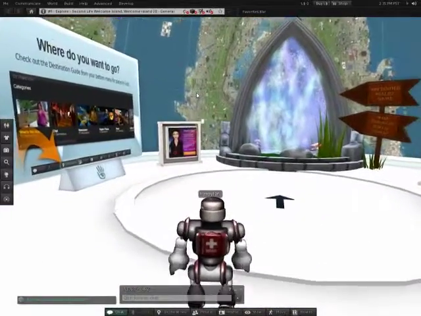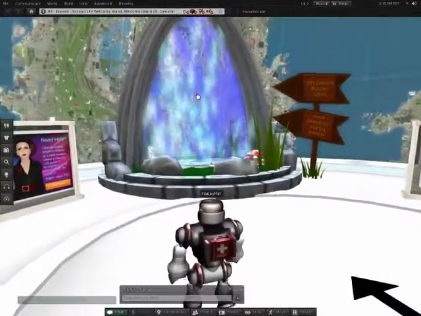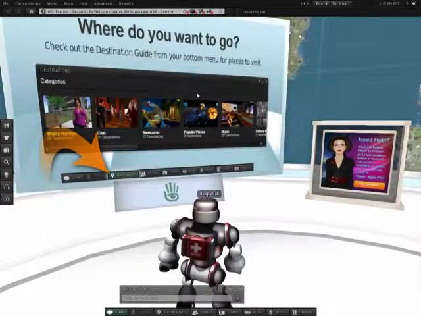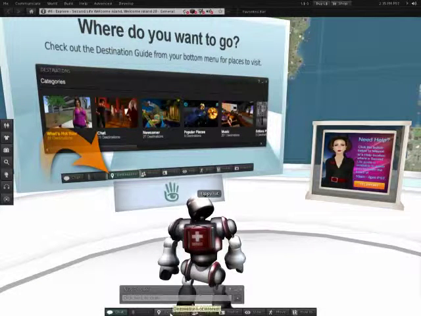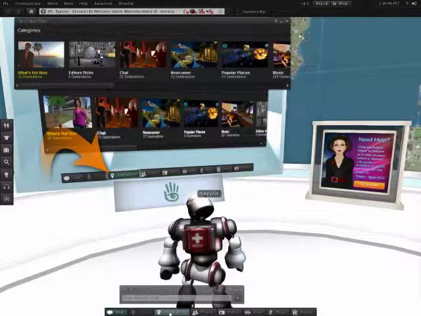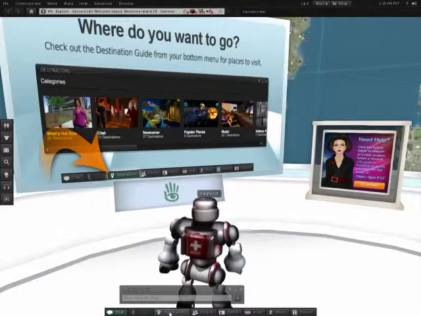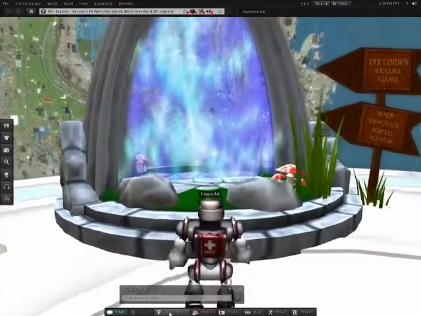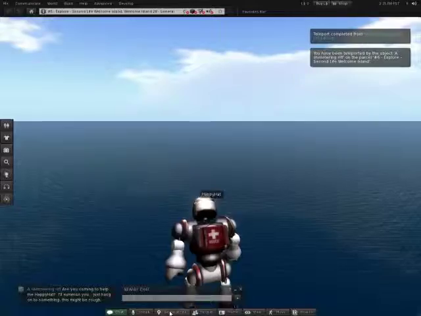This tells me that at the bottom of my screen I can select the destination option to choose a destination. However, being that I just want to test things out, let's select the destinations and then select it again. It disappears. Now I'm going to go ahead and step into this funny little area, and it teleports me